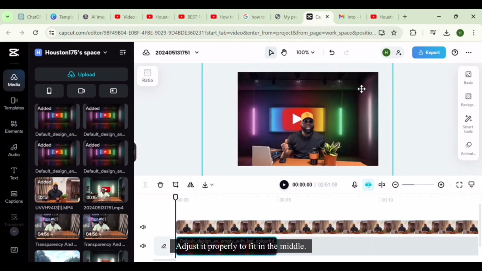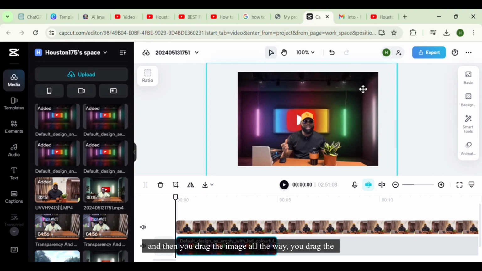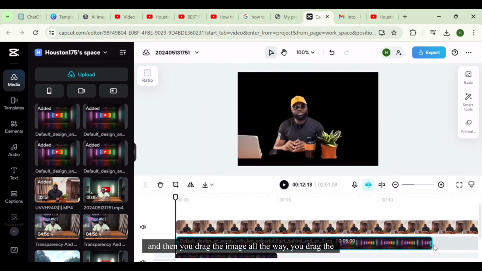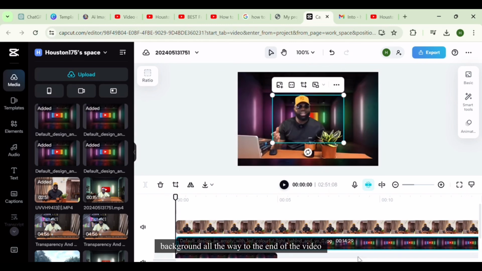Adjust it properly to fit in the middle, and then you drag the image all the way. You drag the background all the way to the end of the video, so it will be at the same